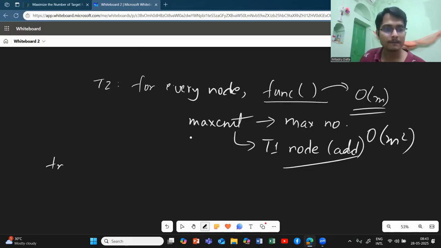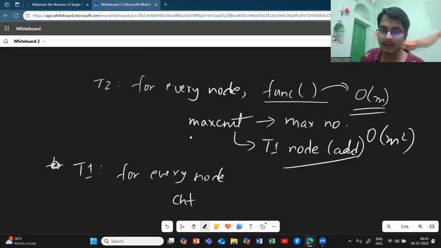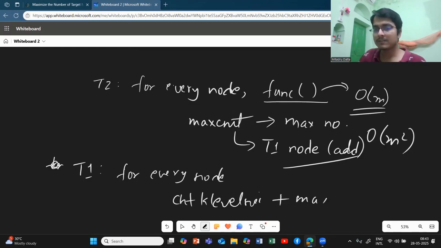And then you come to tree 1, traverse through every node of tree 1, and again run the function count k level neighbors. To this count you will add the max count, because after connecting,